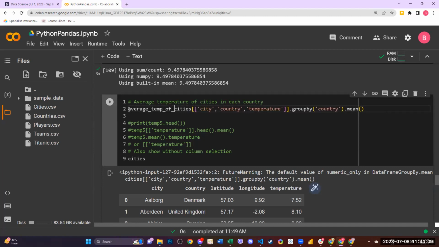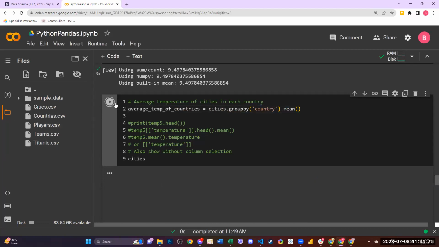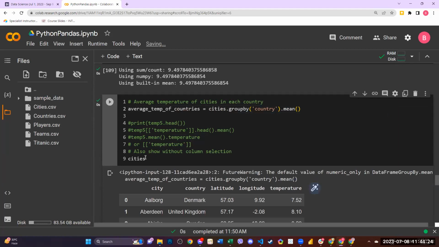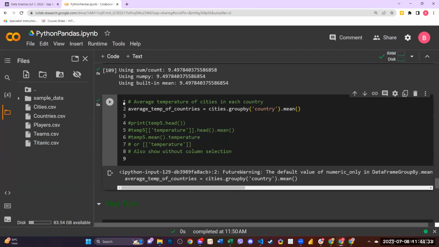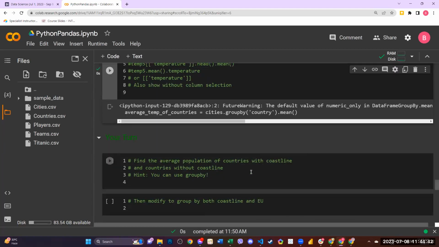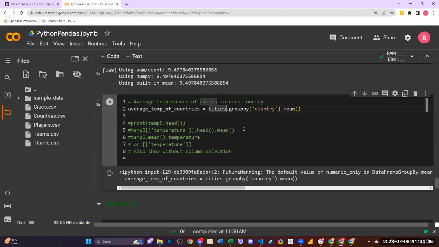Average temp of countries. So, we can remove this. There. So, here, we will put the... okay. So, in this one, we should specify what we want to include, which is country